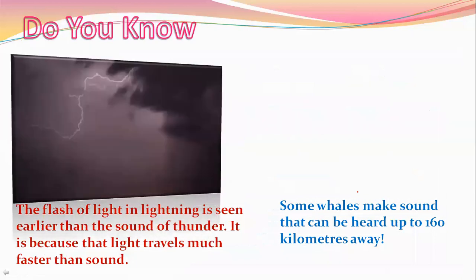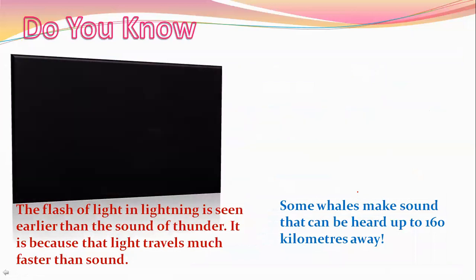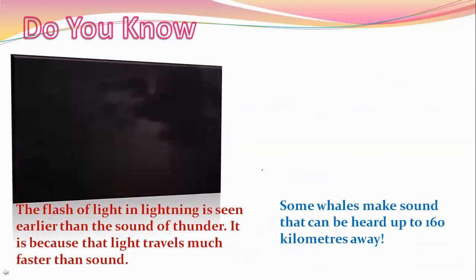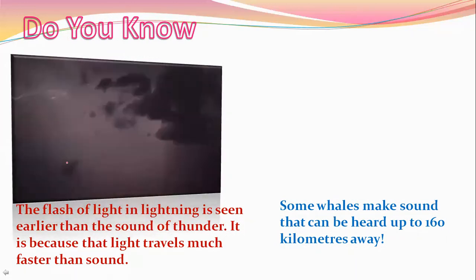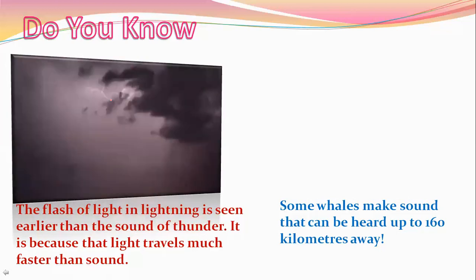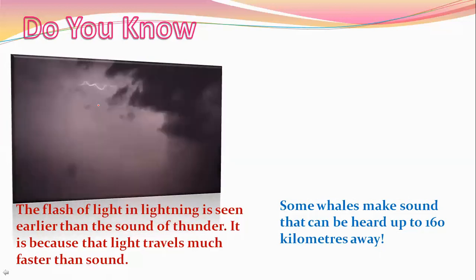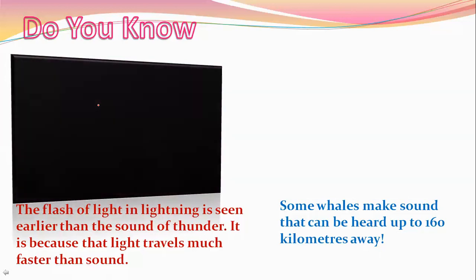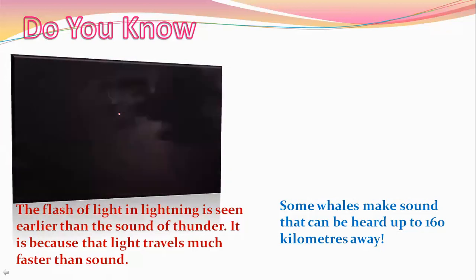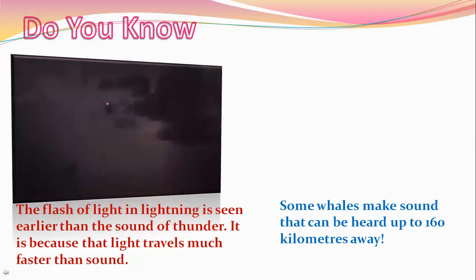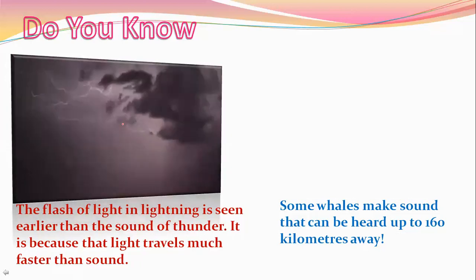So we have seen here the speed of sound, as well as one more thing you have seen in your daily life. Nowadays it is also the rainy season. When you see the flash of light in the lightning in a thunderstorm, you might have noticed that the sound reaches you after some time, and you see the light before the sound. Yes, it is because light travels faster than sound, and light travels in a straight line, and sound travels in waves, the vibrations.